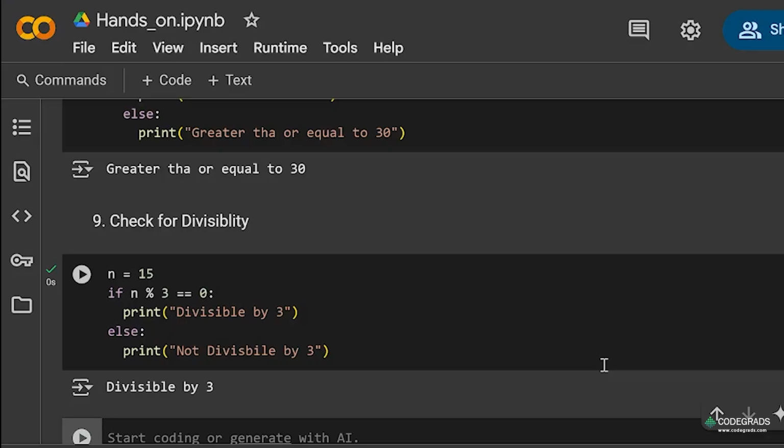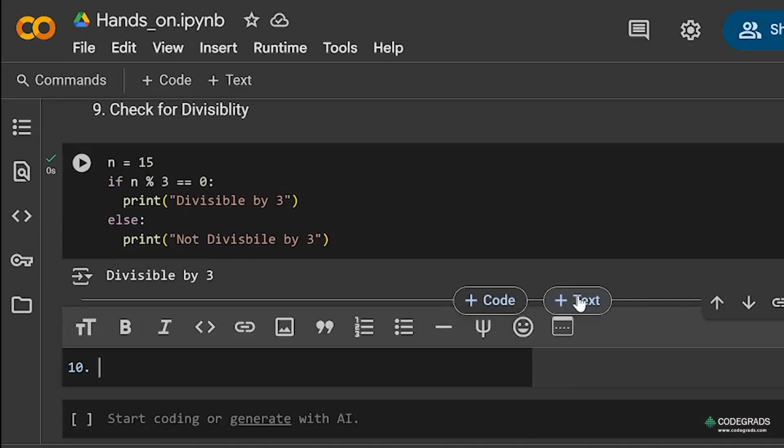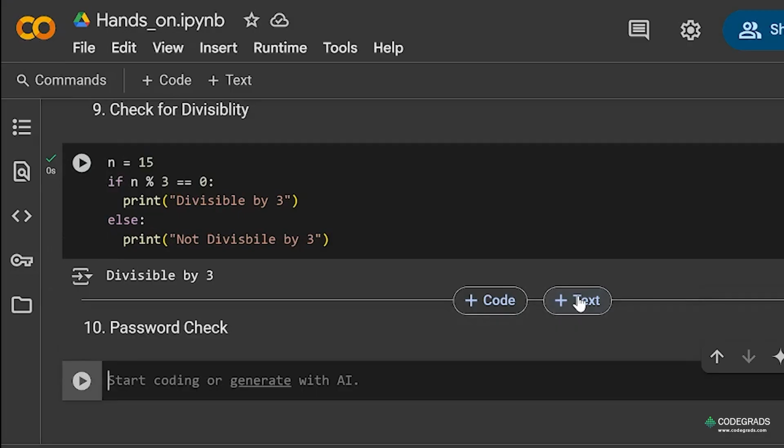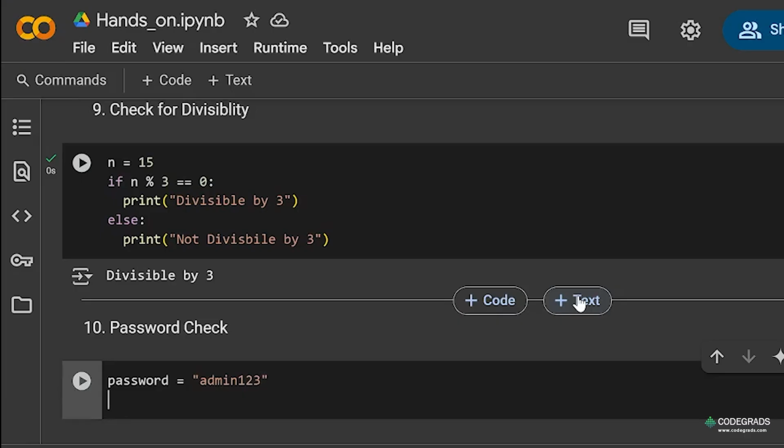Now, we'll see password check. Another condition we check for is password check. Okay. Now, suppose I have the password as admin123, and I want to check if this password is correct or not. So I'll use the first block. So if password equal to admin123,